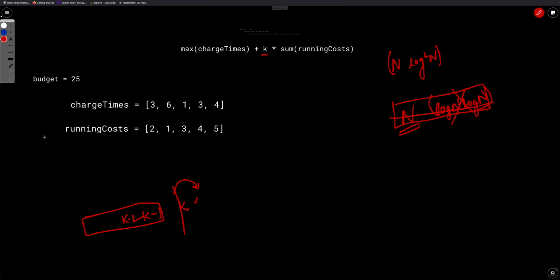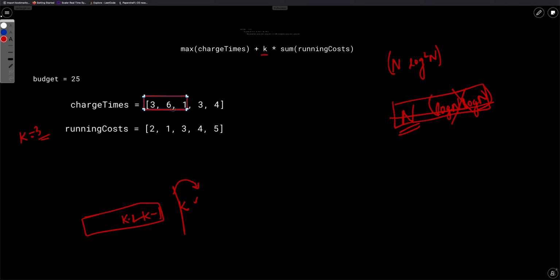So first, let's say k equals 3. We are asking whether k equal to 3 is possible or not. That's it. If k equal to 3 is possible, we will not try 1 or 2, we will just try after 3. If k equal to 3 is not possible, we will not try anything after 3, we will shift our right index to before k. So let's see this in action. If k equals 3, in a way, what we need to do is try these combinations: this first, this second, and this third,